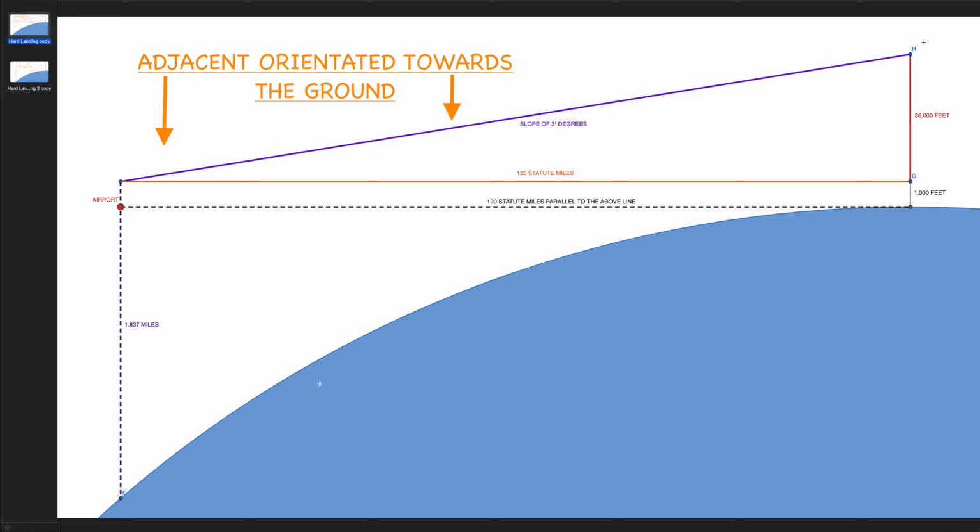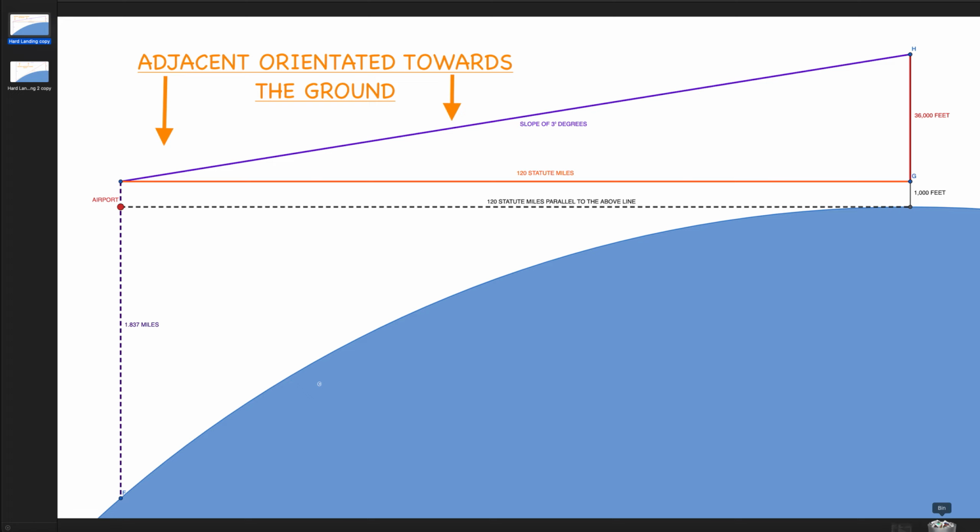So from G up to H is 36,000 feet. This red line. This little black line underneath it is 1,000 feet. So that means if H is where the airplane is, that's top of descent, the airplane is flying at 37,000 feet. Now, if the airport that it wants to land at is almost at sea level, then we subtract the 1,000 feet from the 37,000 feet, because the pilot wants to end up 1,000 feet above the elevation of the airport. And if the airport is at sea level and they're flying at 37,000 feet, obviously they calculate for 36,000 feet.